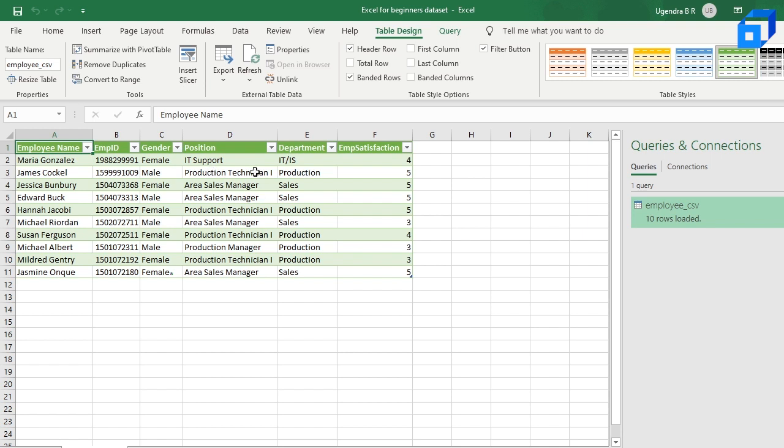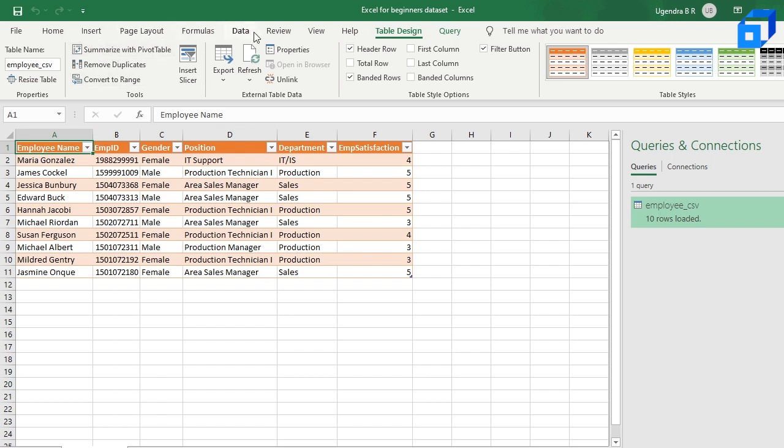Now if you want to change the theme or the color of these particular rows, you can do that using this pane, which is table design. Instead of making it green, let's make it red, or you can make it blue as well using this button. Let's just keep it red itself. So this is how you import a CSV file into Excel. And you can also import a text file the same way.